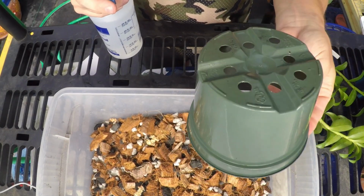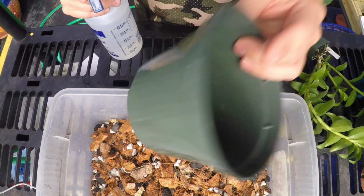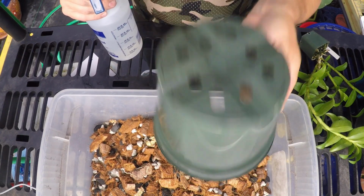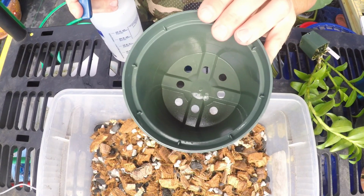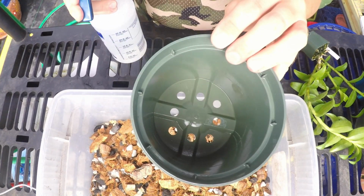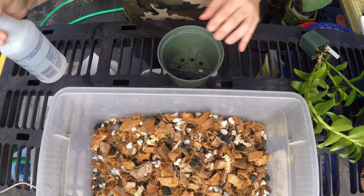And so before I pot, I spray any of my old plastic pots. We'll get into the clay pots later with disinfecting them. It's already a clean pot, but I go back anyway, since they've been sitting in the greenhouse, just to kill off any bacterial or fungal spores that might be in there from it getting watered and sitting on the ground. So I spray it, I let it dry, I spray it again, and then I'm ready to